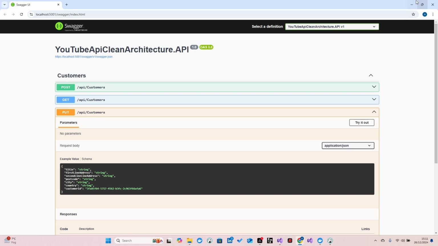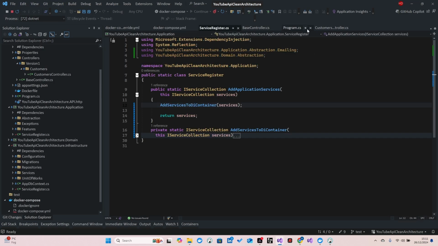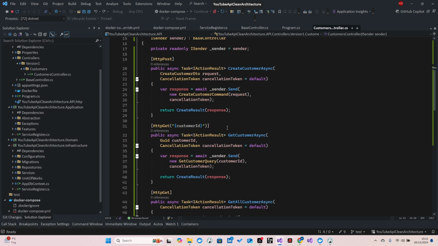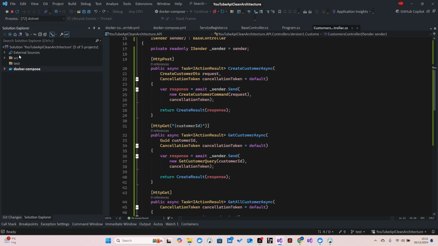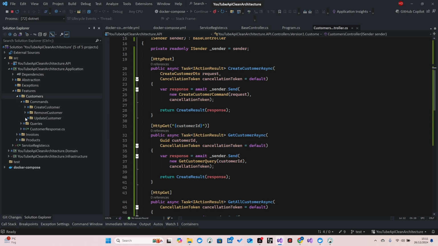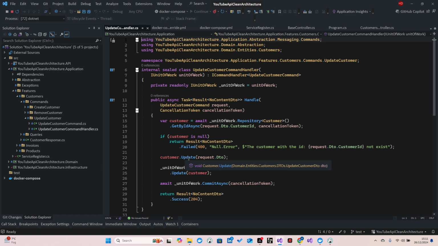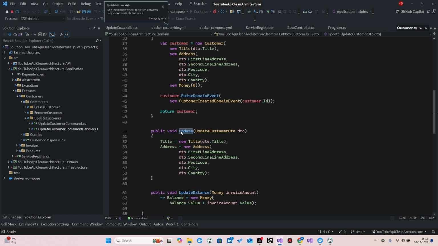So why do we send it? Okay, let me have a look quickly at the code. Why do we add customer ID for customer update? Let's go to application, features, customers, commands, update customer, update command handler. So we have customer update request detail. Let's have a look at the update method. As you can see, we are using title and address. We're not using,